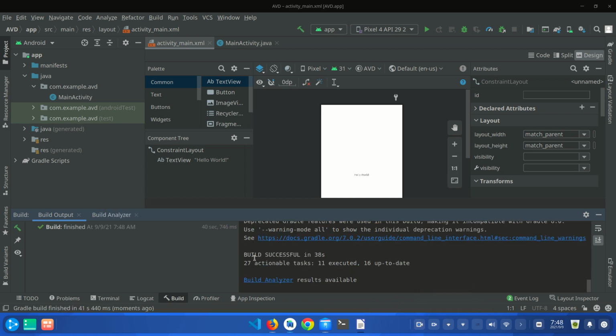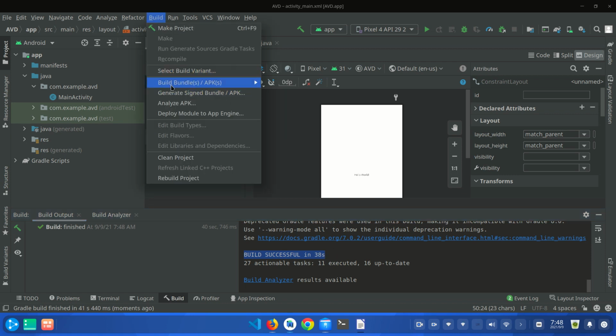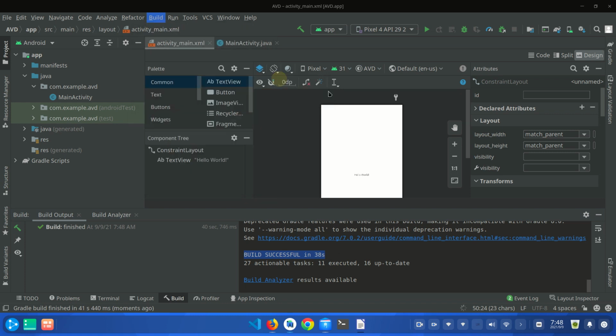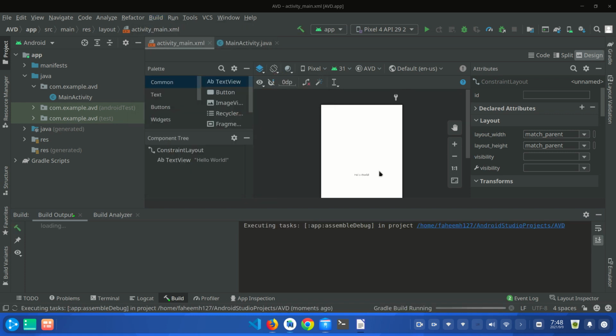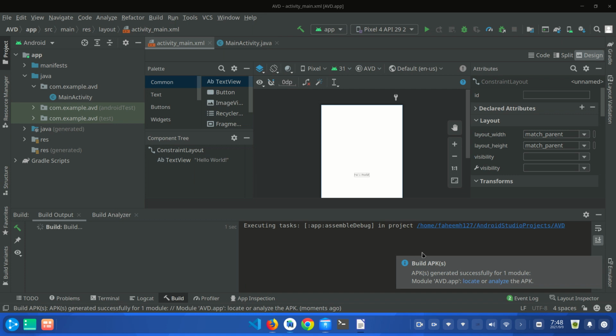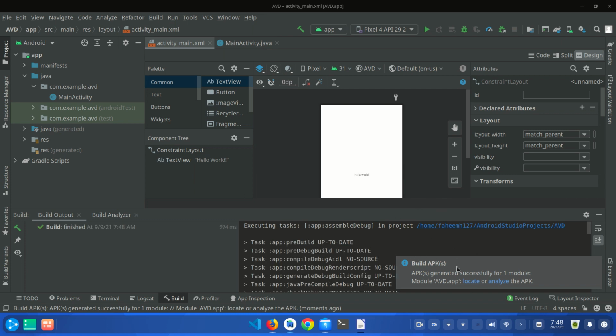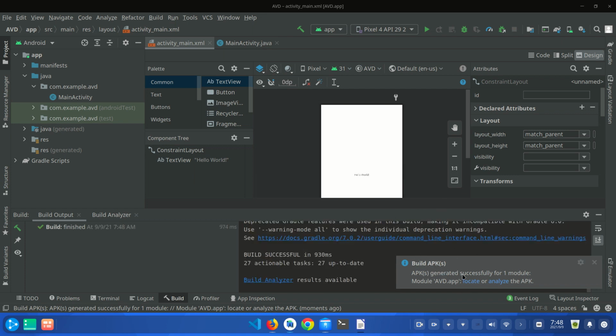So guys, you can see that our build has been successfully created. Now it means that your app does not have any error. Now you have to click on this Build, Build Bundles and Build APK. This will create an APK file for your device. You can see that the APK is generated successfully for one module, every.app, and you have to click on this